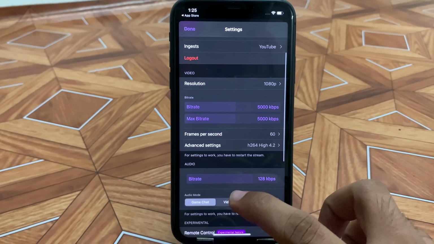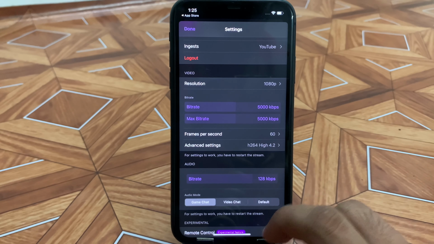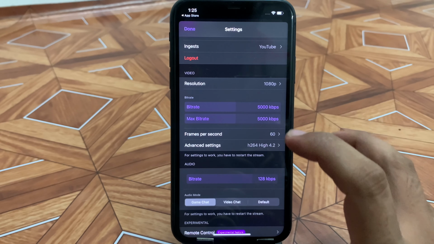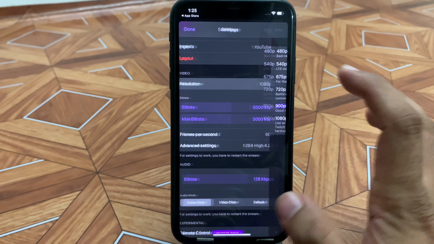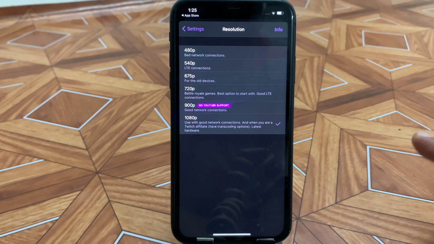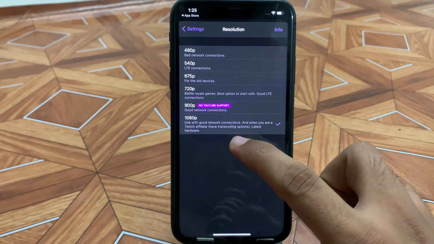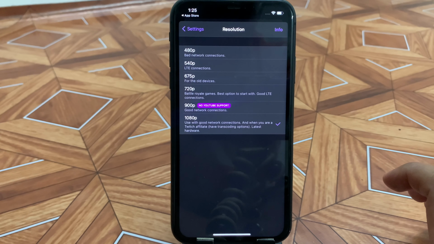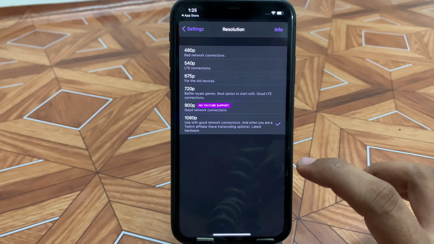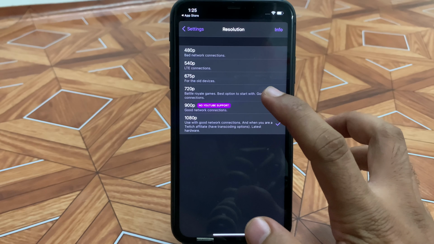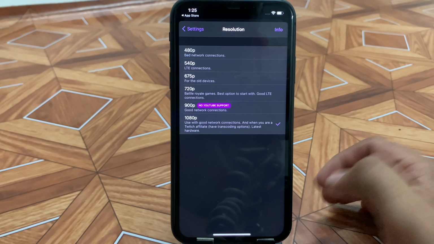Now as you guys can see, my audio is set to 128 kbps, which is automatically adjusted according to your resolution. You guys can change it manually if you want. Okay. Now I'll click on resolution. Now my resolution is set to 1080p, which is full HD. You guys can change according to your requirements. Now since I'm using iPhone 11, I've kept it to 1080p, but I would recommend you guys to keep it to 720 if you guys are using iPhone 10R or maybe any earlier devices than that. If you guys are using iPhone 11 or greater than that, you can keep it to 1080.